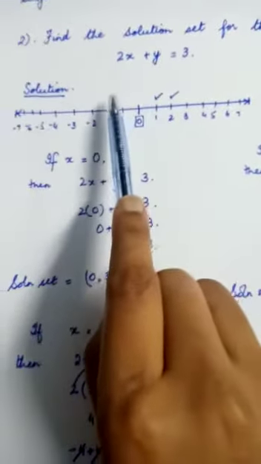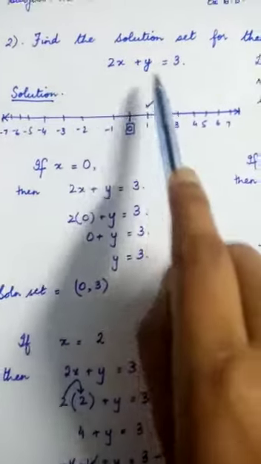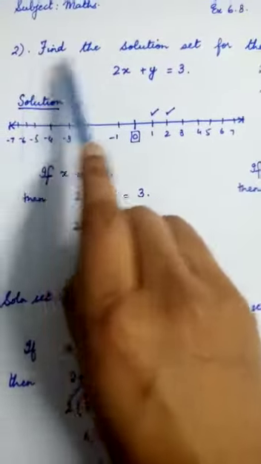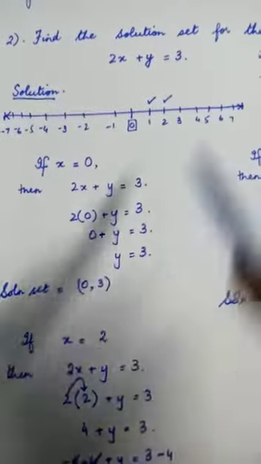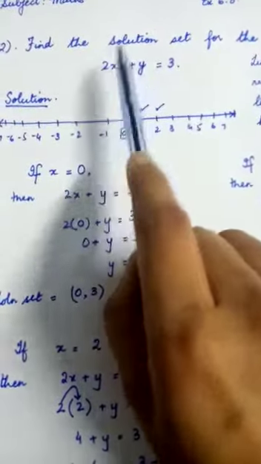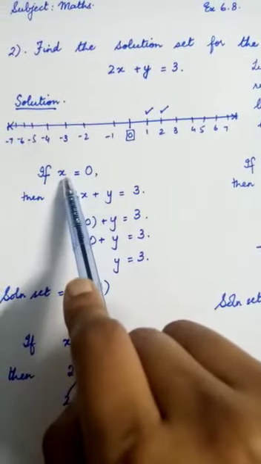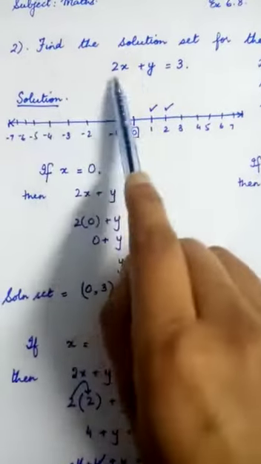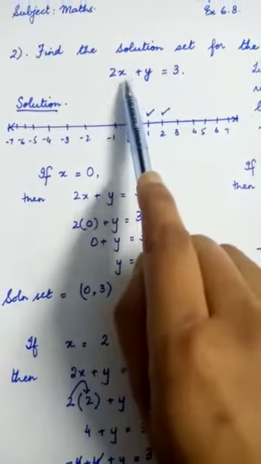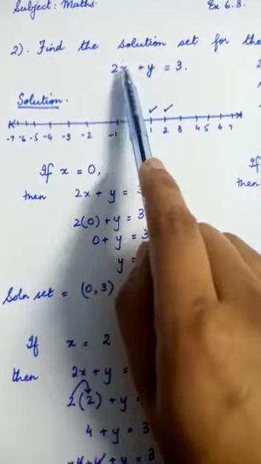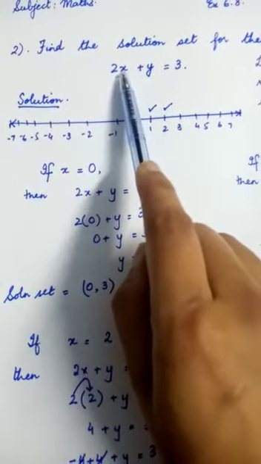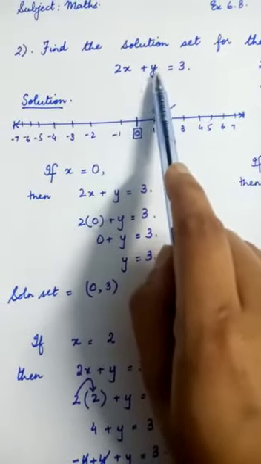But for the time being, you have to see the given question. It is question number 2, and I have found 3 solutions to it in this question, but you can find more also as you will get the value of variable x. Now for the solution of this question 2x plus y is equal to 3, let's take the value of variable x, and then in terms of variable x we will find out the value of variable y.